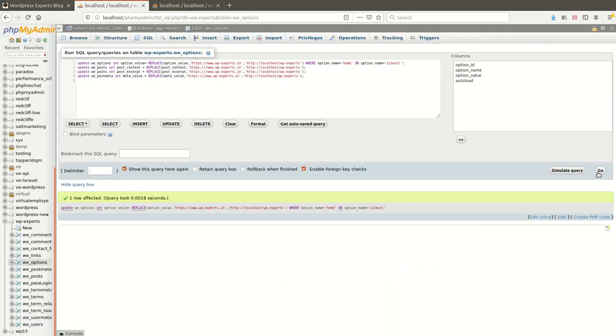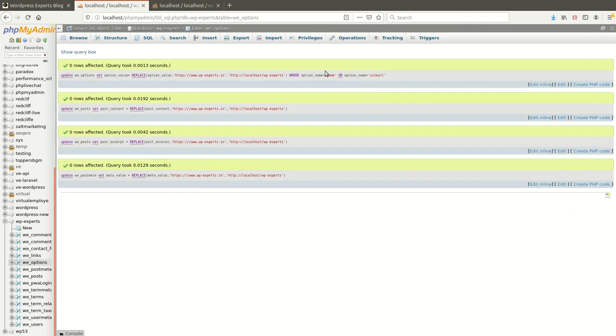So let me click on the Go button to execute the MySQL query. Wow, 0, 0, 0. Nothing is updated. It's showing 0. This means nothing is updated here.